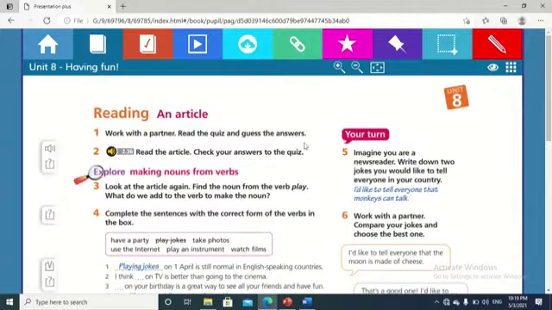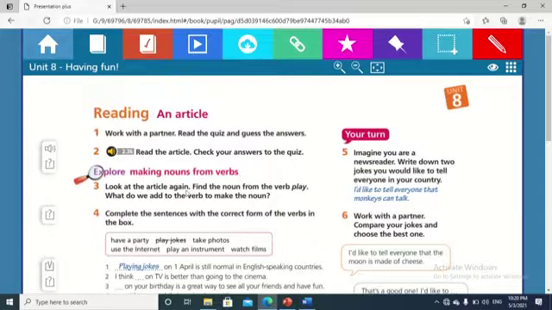Anyway, after reading and checking our answers, now we move to something dealing with the verbs inside the reading, making nouns from verbs. How can you make a noun from a verb? Of course, this is called a gerund. What is a gerund? A gerund is a verb that ends with ing. Of course, we can't say that it's a verb now, because if it's a verb, it should be preceded by a subject, and in the present continuous, it is preceded by is, am, are, was, were. Otherwise, it should be considered a noun.